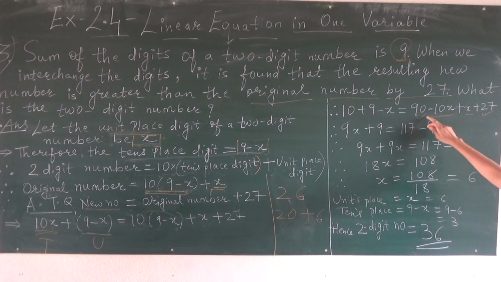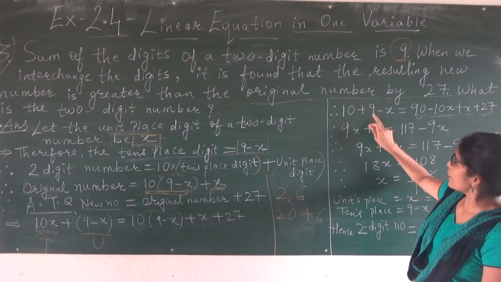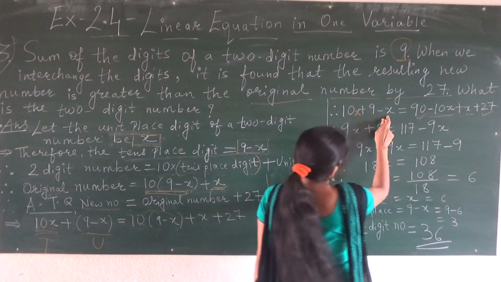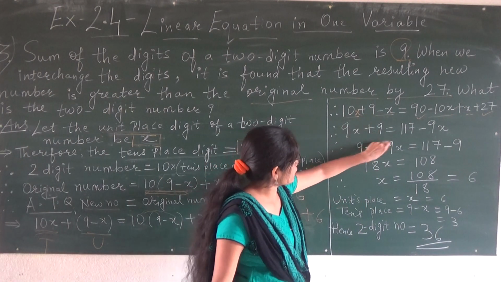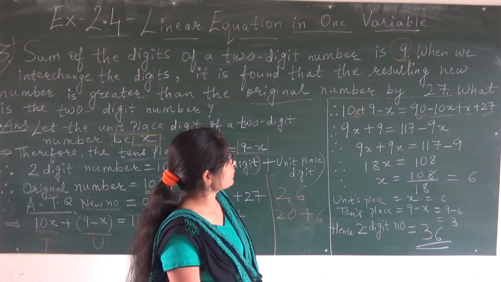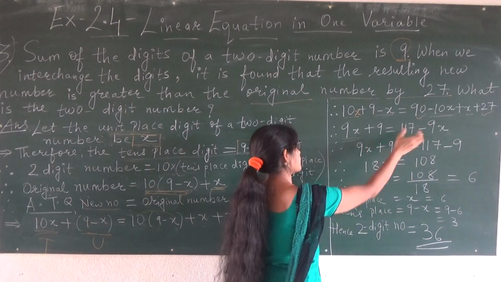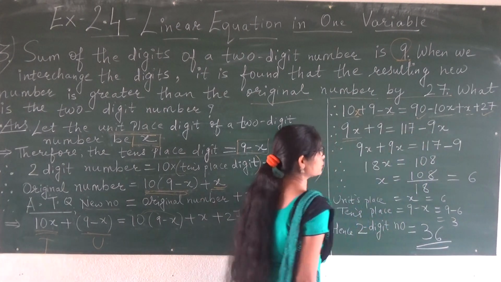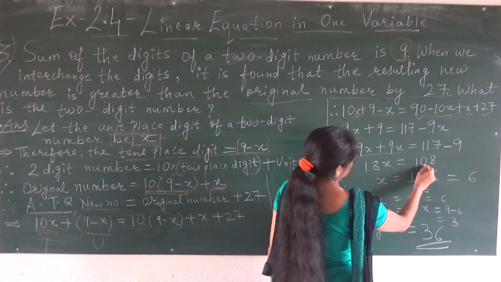Number you will add with number. So it will be 117 minus 9x, and on this side 9 will be as it is and 10x is given. Okay, so 10x minus this x, 10x minus x will be 9x plus this 9. This side is addition and subtraction of numbers and variables. Now in the next step, 9x and this 9x we will shift this side by transposing. So 9x plus 9x and this 117, and plus 9 will go there, so minus 9. So 9x plus 9x will be 18x and here 108.